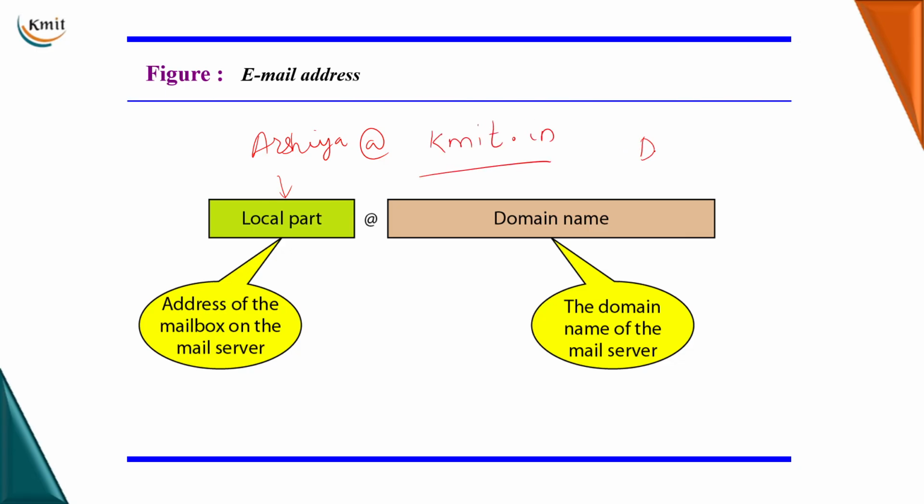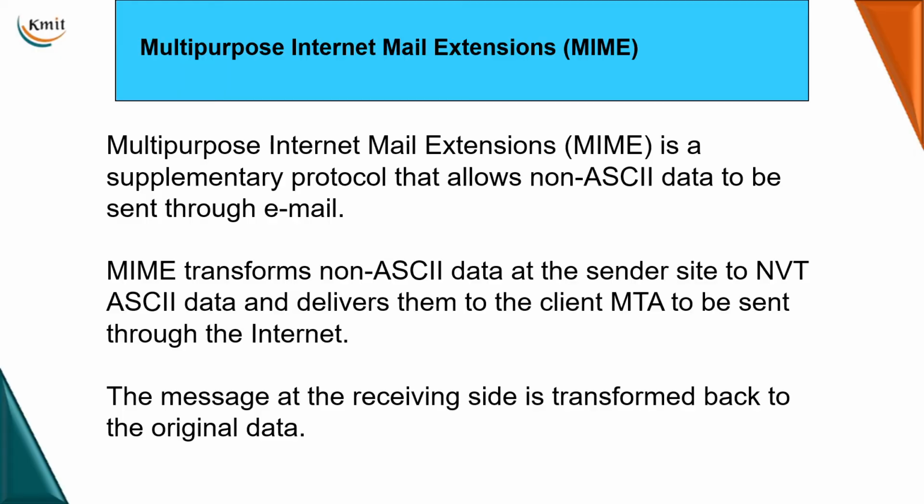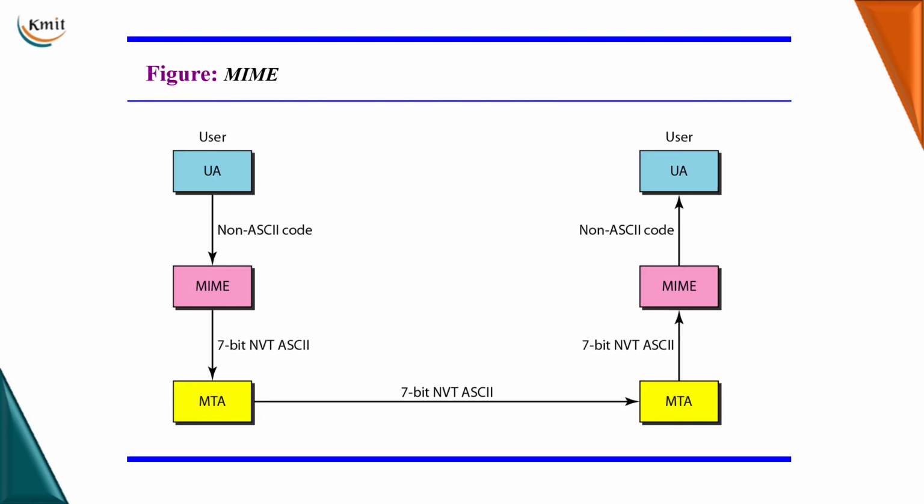We have learnt about the domain name space in a video made on DNS clearly. Then we have something called as multipurpose internet mail extension, the MIME extension, which is a supplementary protocol which allows transfer of non-ASCII data in an email. What do you mean by ASCII data? ASCII is a 7-bit code which can have as many as 256 characters composed. But if I want to send a message in Russian, Chinese or Japanese, which are non-ASCII characters, I will make use of a MIME extension or a MIME protocol which will allow me to send the non-ASCII data in my